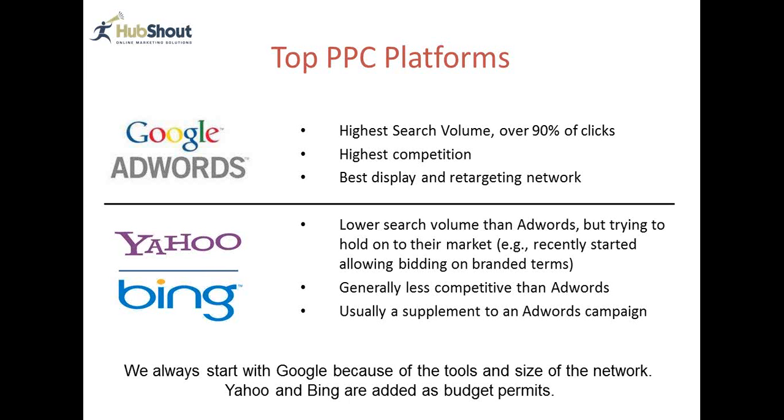But with that, the size of their network also means that there's a lot more competition in AdWords than there was even a few years ago. So they have the greatest share of eyeballs and impressions, but they also have the most competitors bidding. In addition to the traditional search network, they also have by far the best display network, which would be the contextual ads, either text ads on other people's websites as well as display advertising, and then more recently have used that placement to build some very nice retargeting tools.